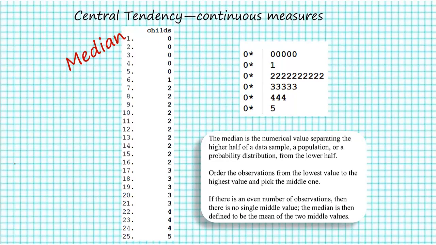I've gone ahead and taken the first step of calculating the median from raw data, and I've sorted the data from low to high. So you can see it goes from all the zeros and the 1 and the 2, 3, 4, and 5. There were no cases in this sample of people with 5, 6, 7, or 8 or more children. Because I have an odd number of cases, it's pretty easy once I've sorted the data to calculate